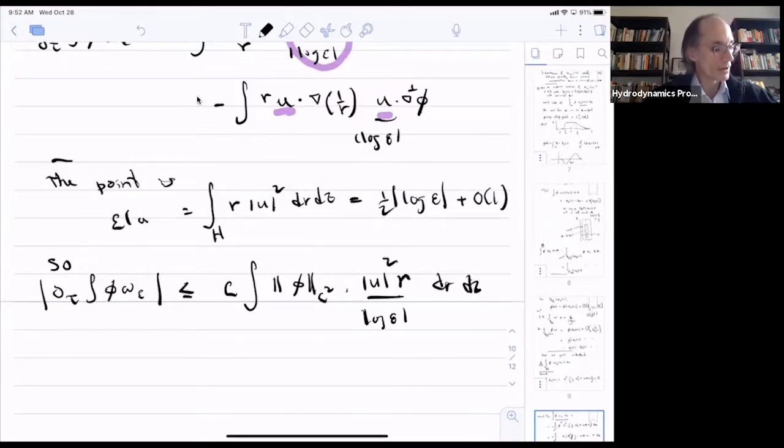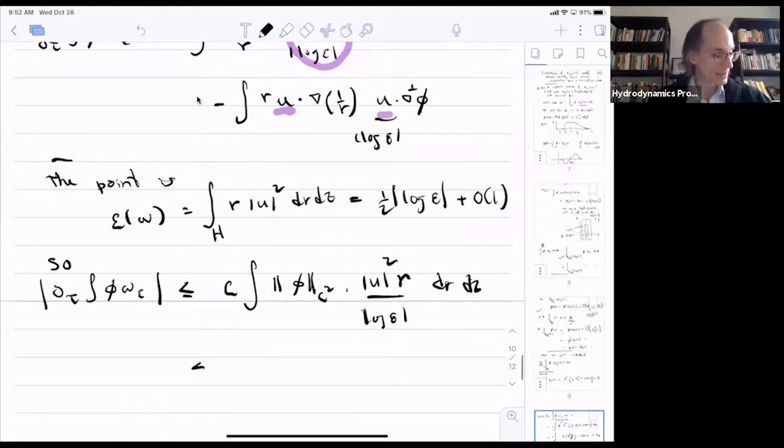energy of omega. We proved this a while ago. And so when we stated this bound for the energy as being of order log epsilon over 2, we stated it in terms of the energy of omega rather than the L2 norm of u, but they're the same thing. Okay, and so this is then less than a constant that depends on phi, but